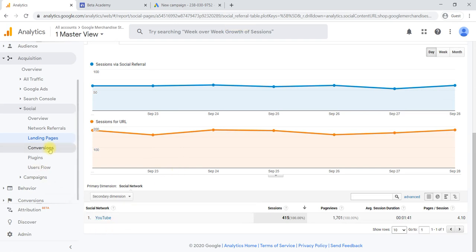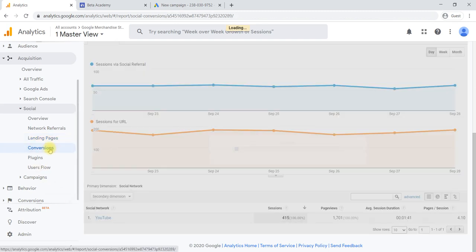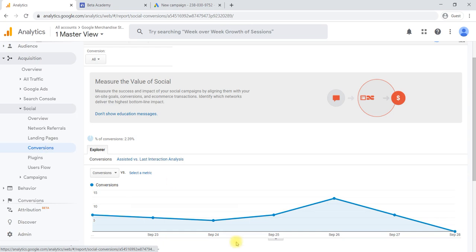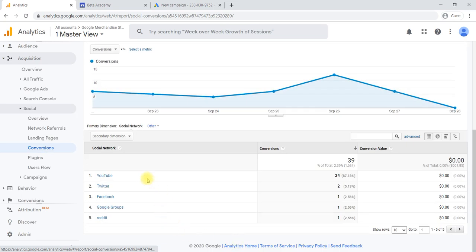analysis. Then it comes to the conversions. In the sense, how many of them are buying, how many of them are buying through YouTube links. The link you have shared on YouTube, by using that link, how many of them are buying? Conversions are nothing but how many of them click on that particular product and they sign in, or it may be a register.